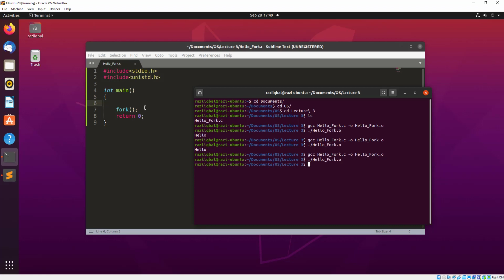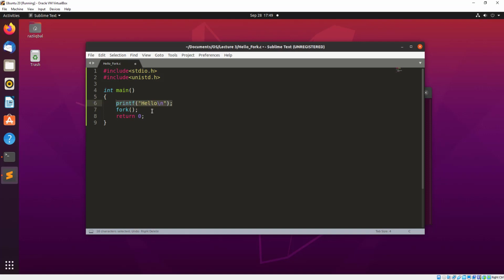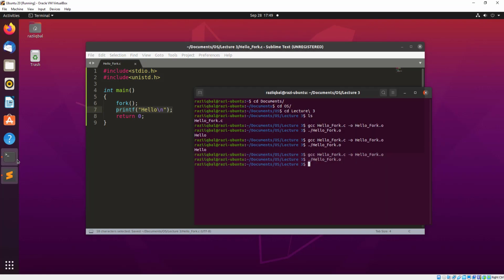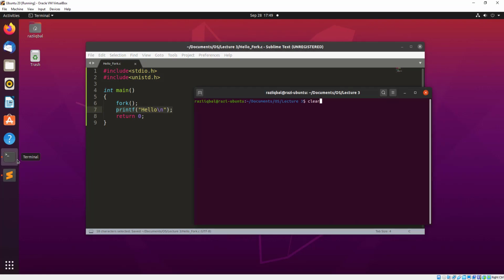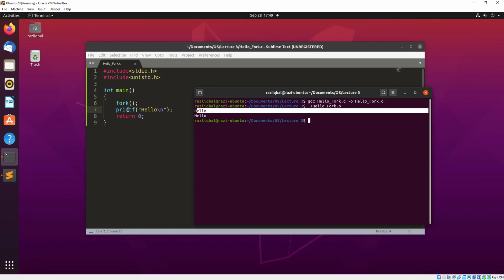Very easy. Now what I want to do is copy this hello command after fork. So fork is there, it's going to create a parent stream and a child stream, and I'm going to print hello. Let's see what happens now. Let me save this, clear this out, compile this and execute this. If you see, it printed hello twice, right? It printed hello twice,